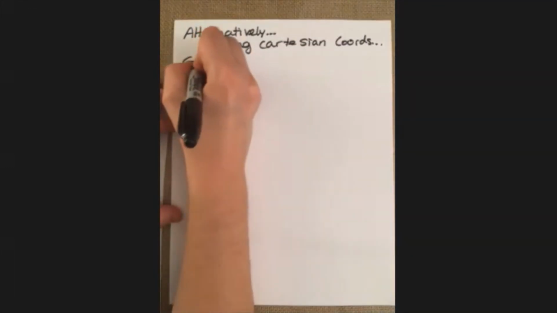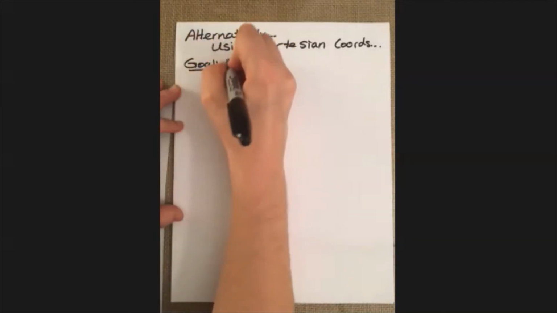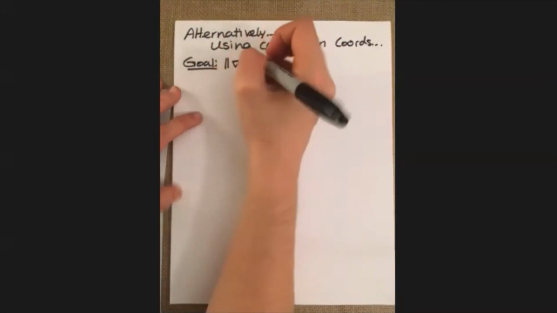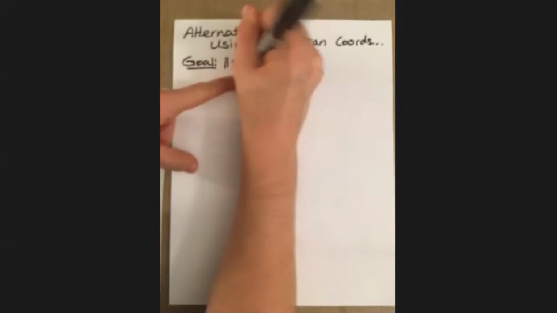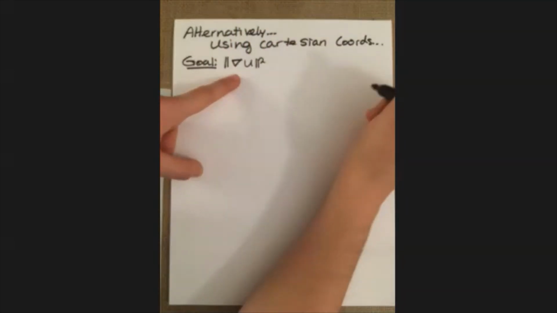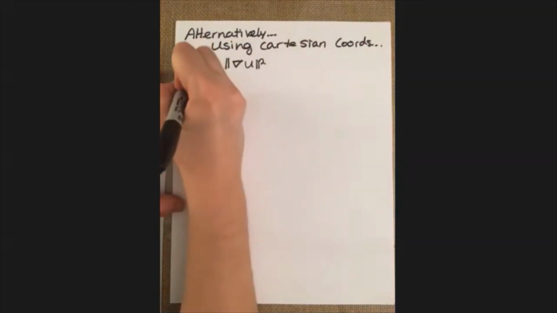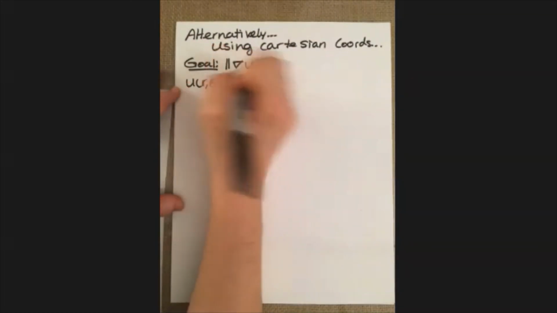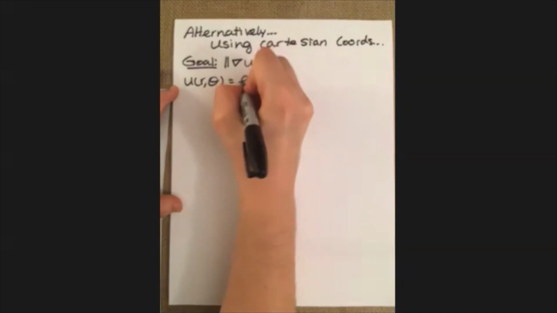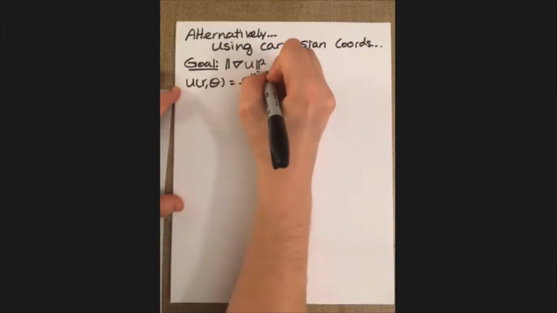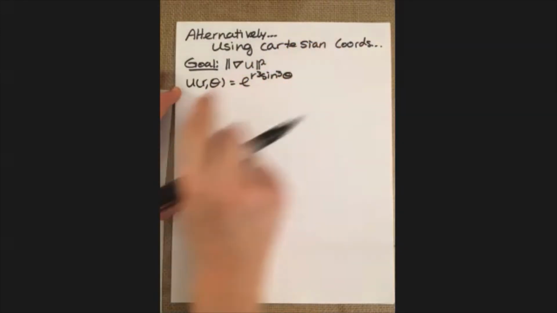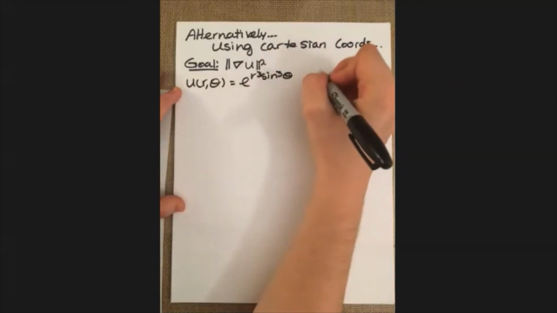So our goal is to find another expression for the length of the gradients of u squared, and we're going to use Cartesian coordinates to do this. So our function was u of r, theta is equal to e to the r cubed sine cubed theta, and to convert these to Cartesian coordinates,